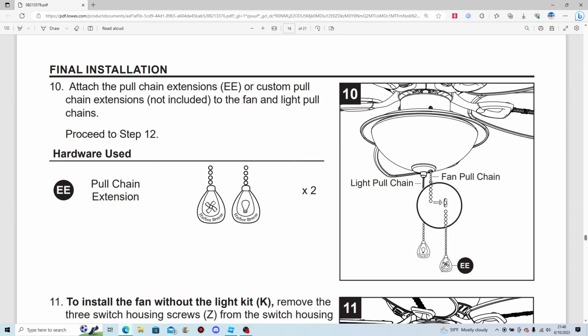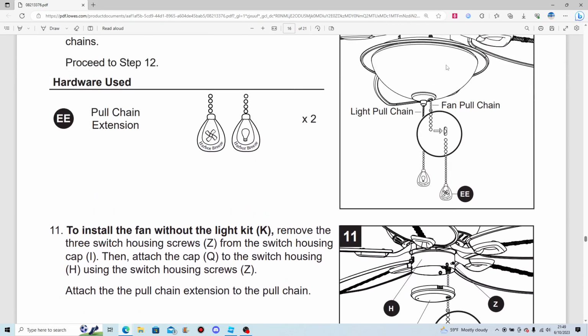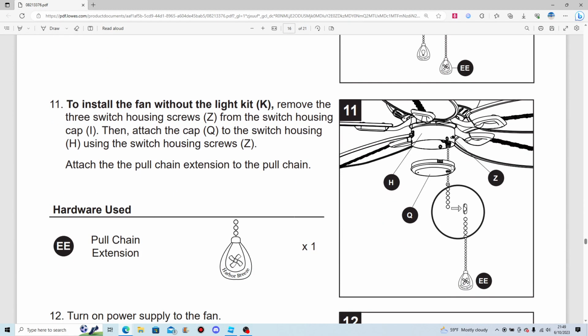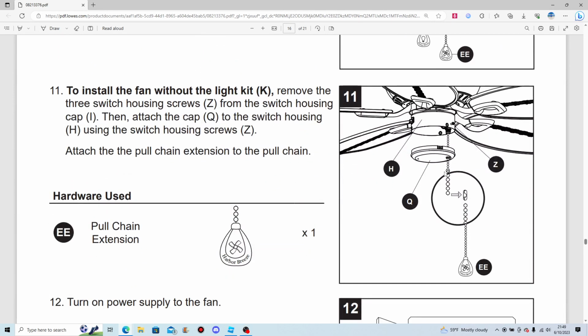Light pull chain and fan pull chain. I like how they have it, a fan and a light. That's a good way to know which one's the light and which one's the fan. But something like that is easy enough for me